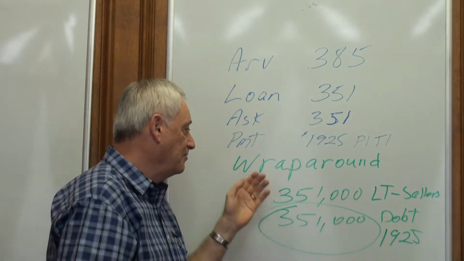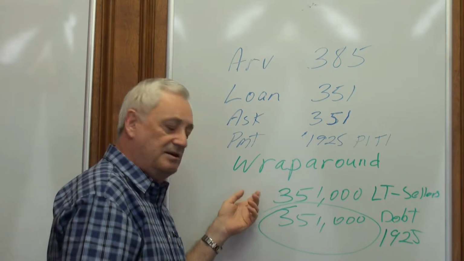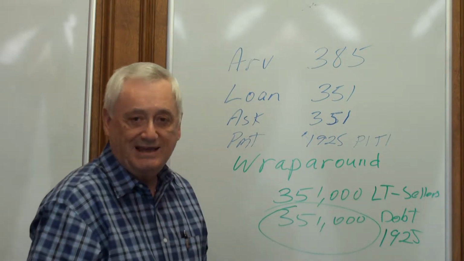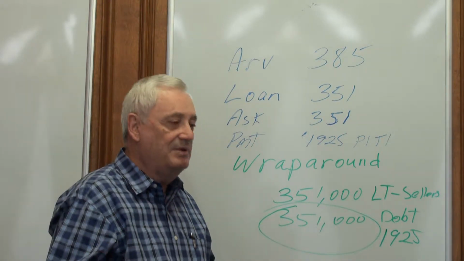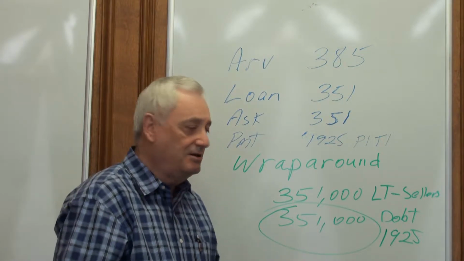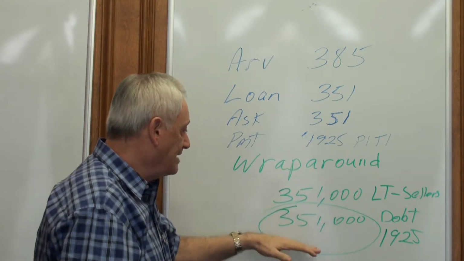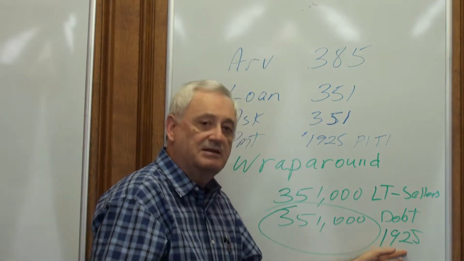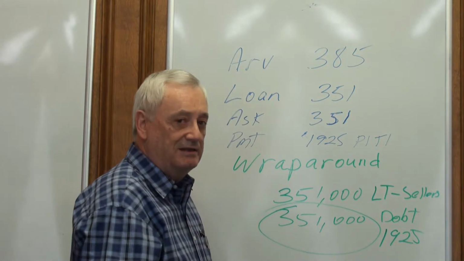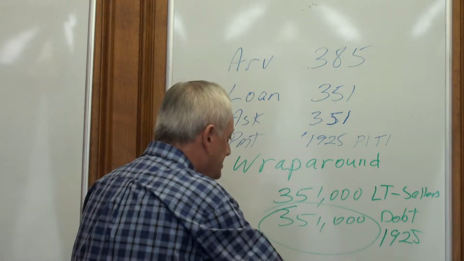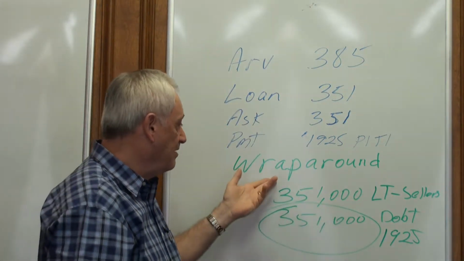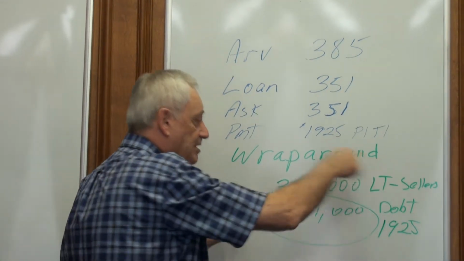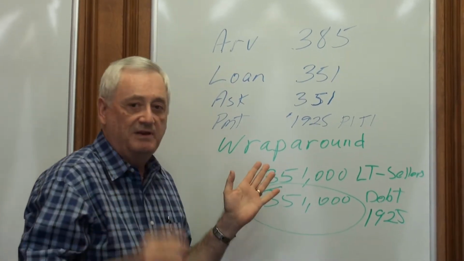Be careful now, you don't ever want to sign personally on this. Never, ever, ever sign one of these personally. My land trust bought it, my trustee signed as trustee, therefore no personal liability of the trustee, no liability of the beneficiary, no liability period. The only thing that backs up this debt is this house. But just the same, the sellers can now show that they got a $1,925 income coming in because I did this. And to be honest, it cost me about $1,500 in closing costs extra just to create this document here in Florida solely for the benefit of the seller.